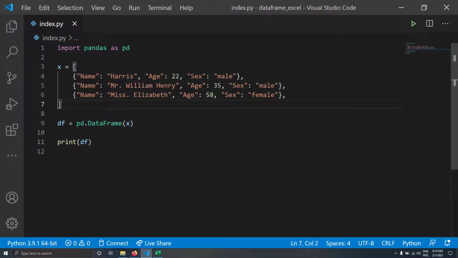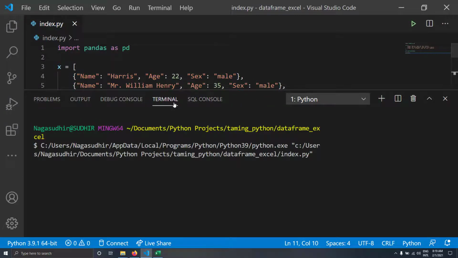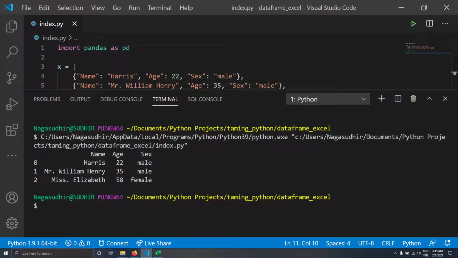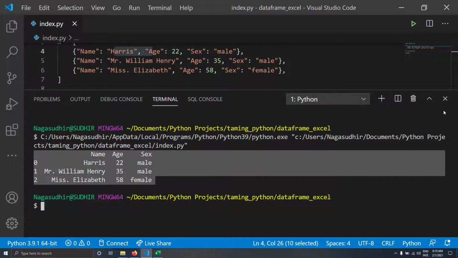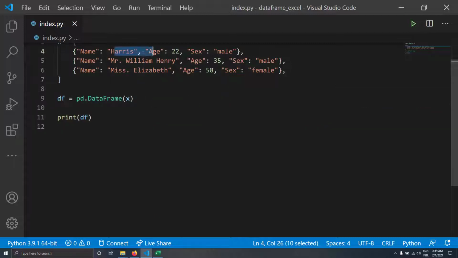I have created a data frame from x, which is a list of objects, and I'm printing it to show you how it looks. So you can see this is a data frame where name, age, and sex are the columns, and 0, 1, 2 are the indices, and the data is, you can see, Harry is 22 male, William Henry 35 male. The same thing has been printed. So I have converted a list of objects into a data frame for this demonstration purpose.